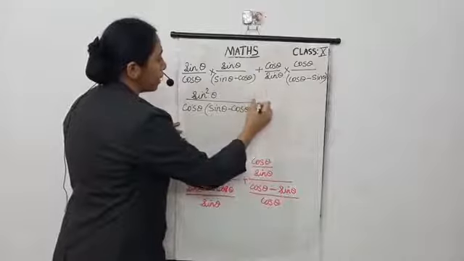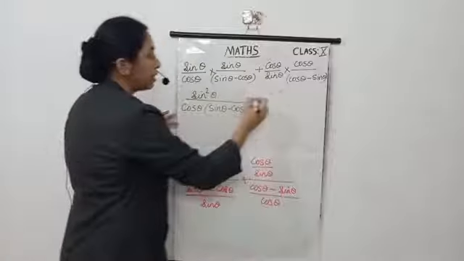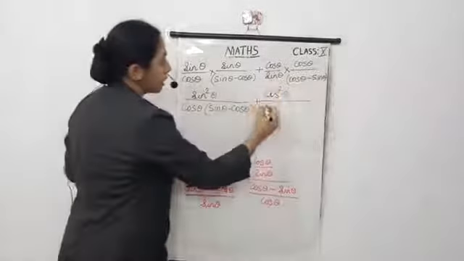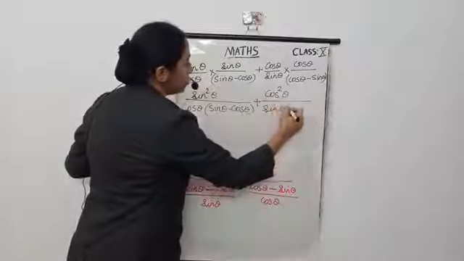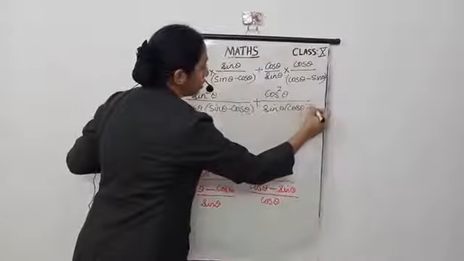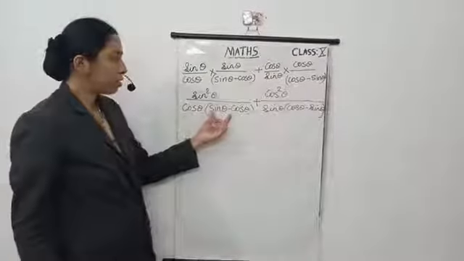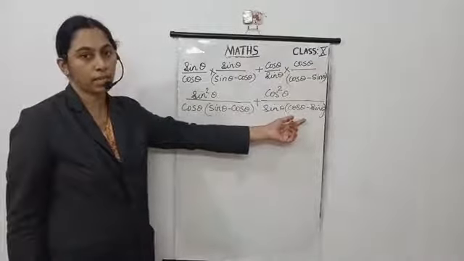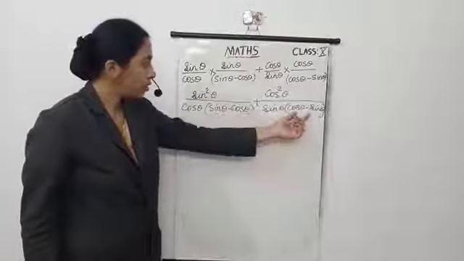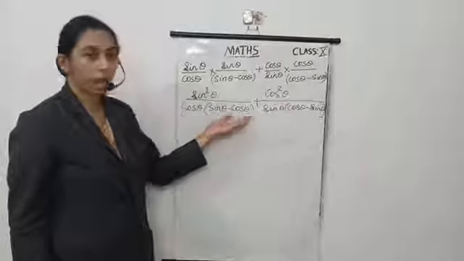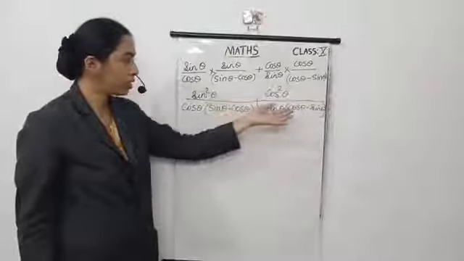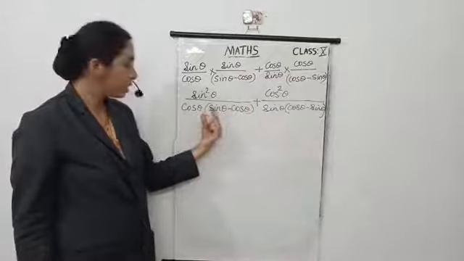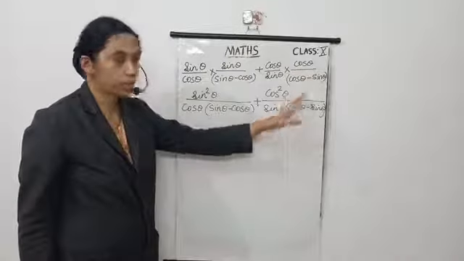Okay, then this plus here, cos theta into cos theta is cos square theta. So cos square theta by sin theta into cos theta minus sin theta. Now consider here sin theta minus cos theta and here cos theta minus sin theta. Any connection between them? Here sin theta, there also sin theta, here cos theta, here also cos theta, but the order is different, isn't it? Here sin theta minus cos theta, here cos theta minus sin theta.